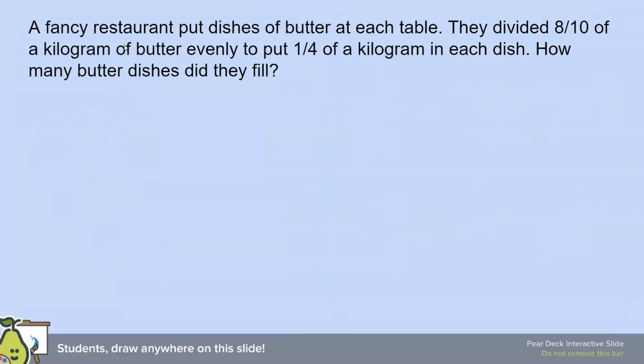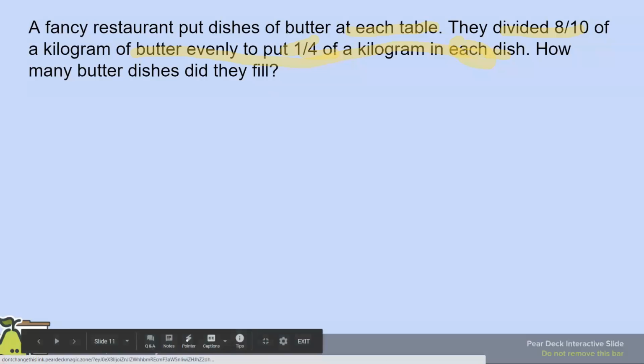Okay, so it says a fancy restaurant put some butter dishes at each table. They divided, okay, so it's already telling us we're dividing. They divided some butter, 8/10 of a kilogram of butter. They divided it evenly to put 1/4 of a kilogram in each dish. So they're taking a bunch of butter and they're dividing it out. And then they're asking, okay, how many butter dishes can you actually fill? So you should be doing